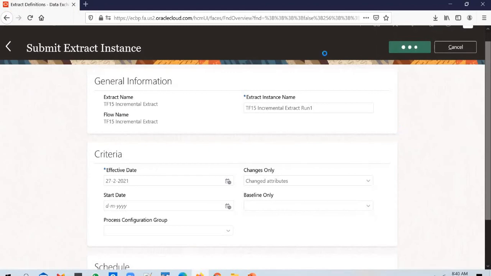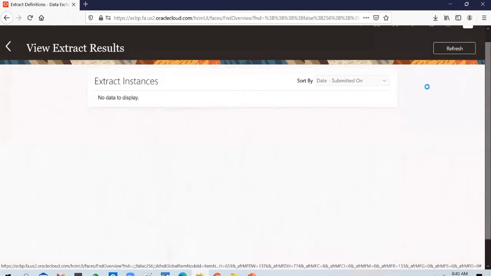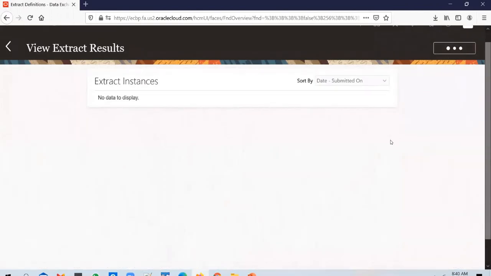And what will happen? First time it will pull all the employees and it will generate an XML file and upload it to UCM.